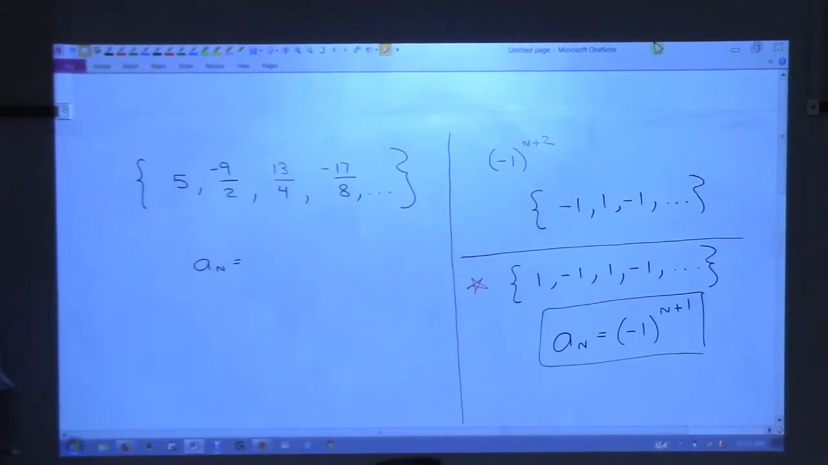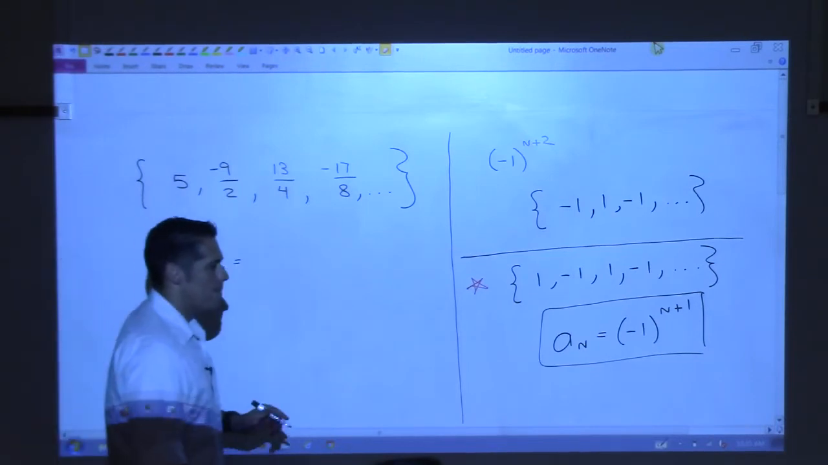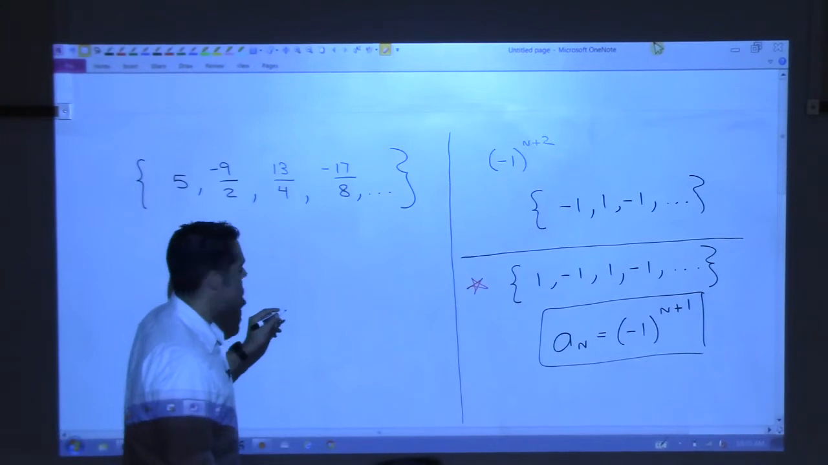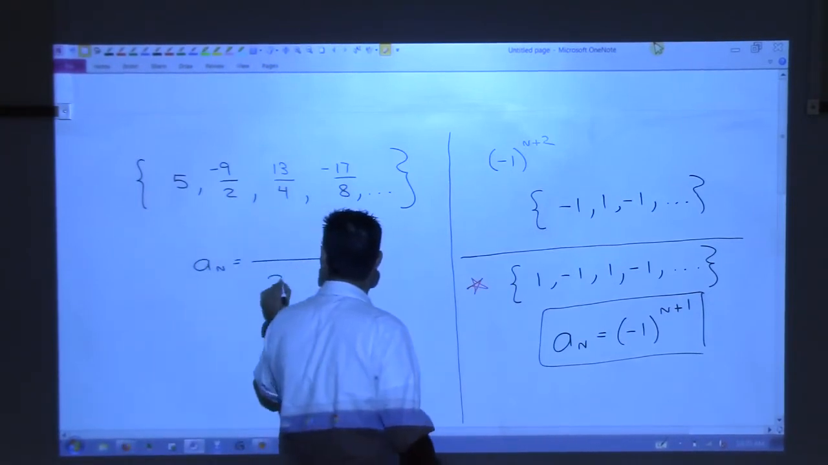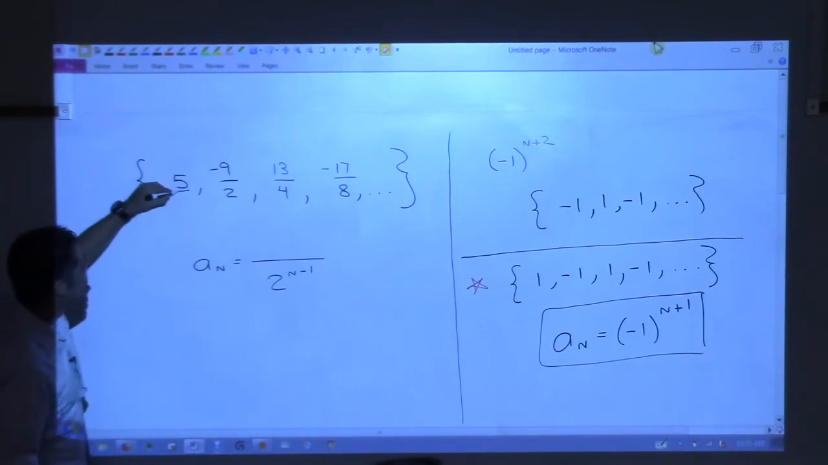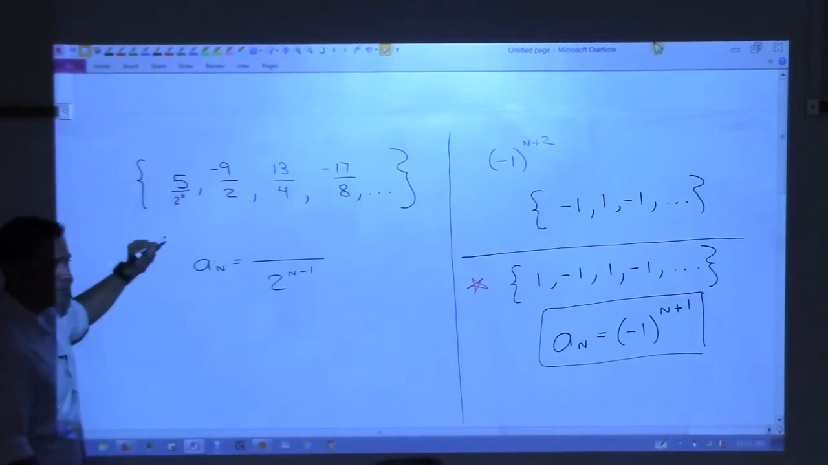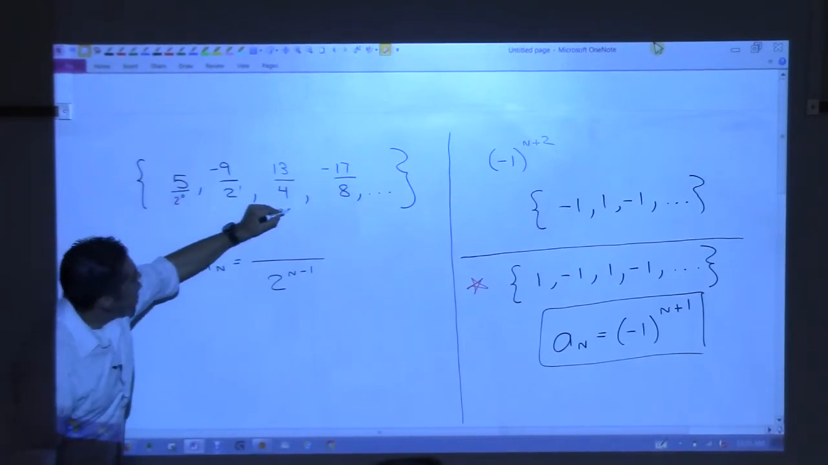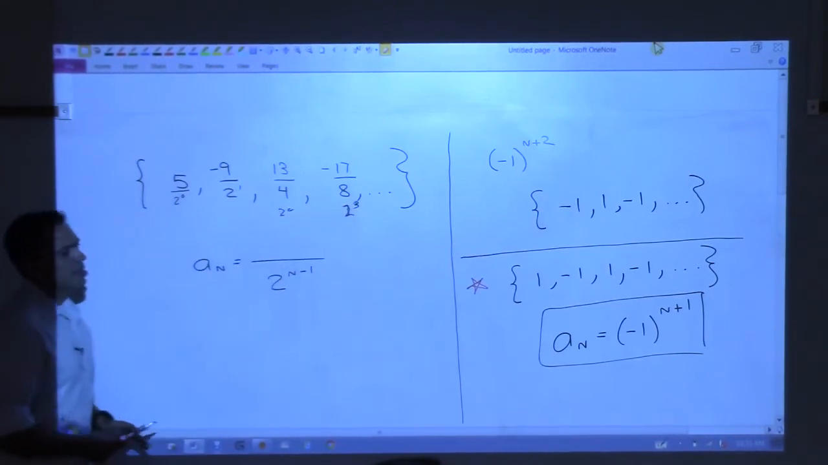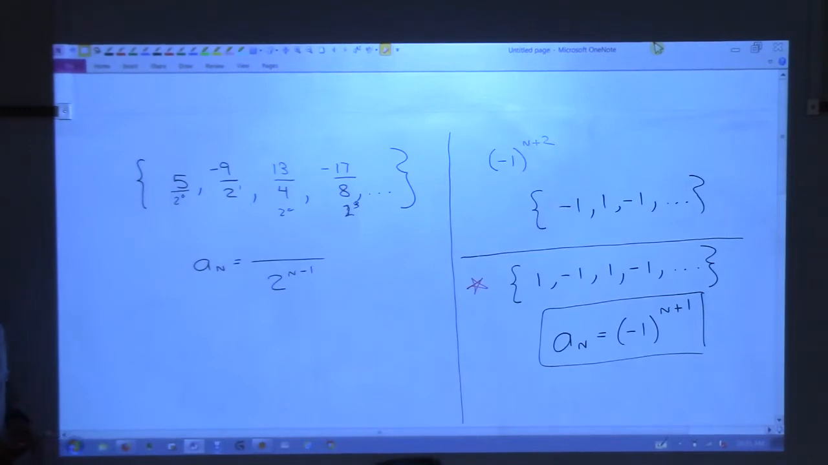So the denominator is going to be 2 to the n minus 1. Good. So you're recognizing that down here this is really 2 to the 0, 2 to the 1, 2 squared, 2 cubed. I agree. And the numerator is